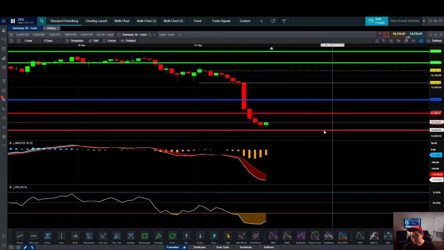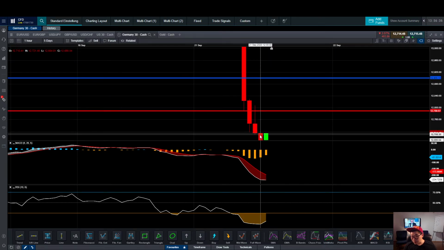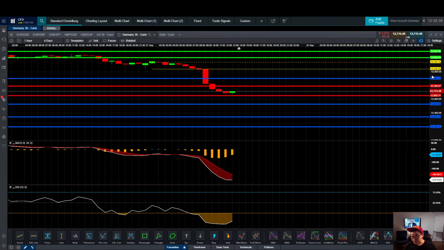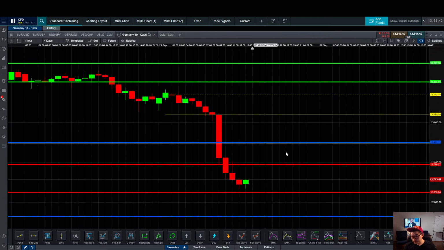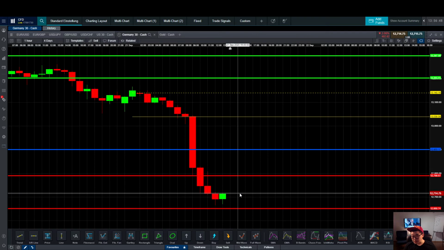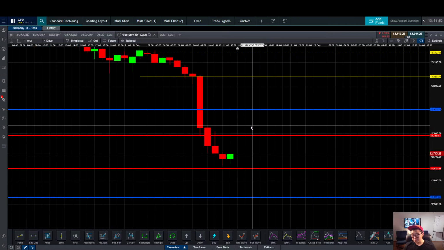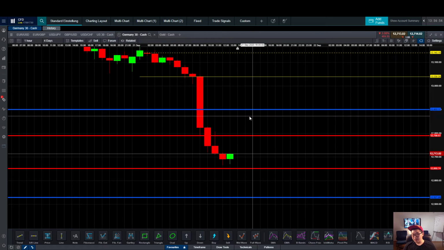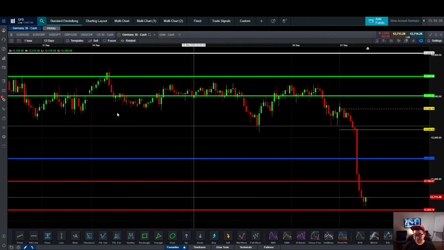Okay, you see what it's doing now? It's trying to go up. It's going above the opening of the previous one, and once it goes above it and closes above it, we can take a position. Yeah, we can take a position of going around this area. So you will need your 2-to-1s right here. Anyways, moving on,